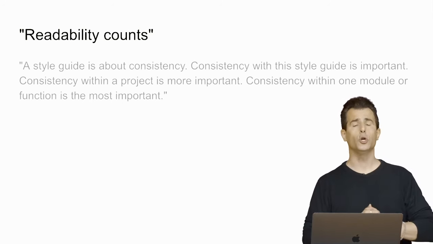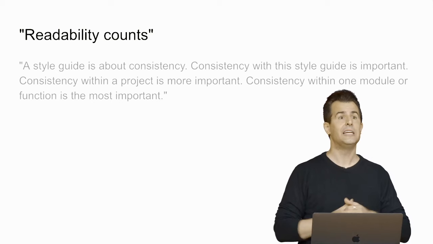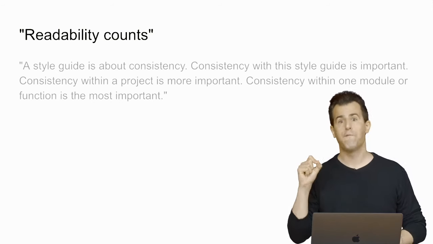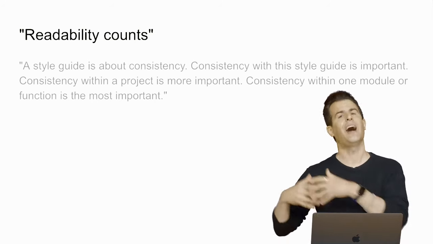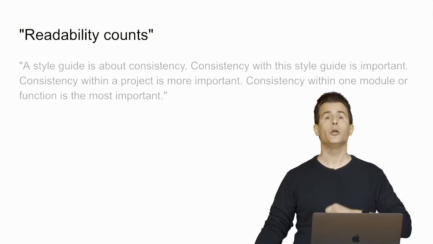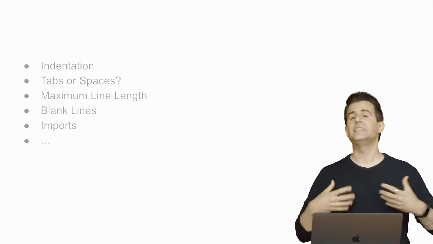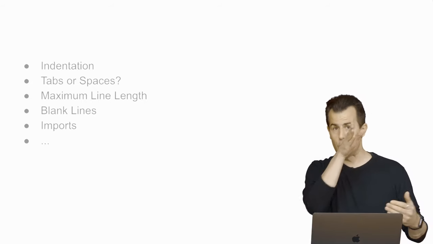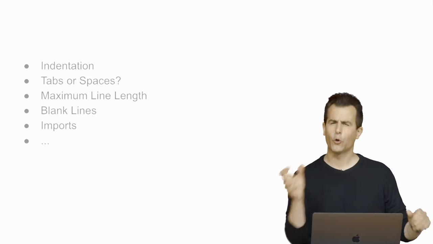And ultimately, quote unquote, a style guide is about consistency. Consistency with this style guide, in the context of Python, is important. Consistency within a project is more important. And consistency within one module or function is the most important. So these aren't necessarily hard and fast rules, but rather guidelines that should guide the design of your own code. Now, how do you go about styling your code well? Well, it boils down to things like this and many more. Indentation, using consistent indentation. Now, in some languages, it doesn't strictly have to be there when you indent one line of code under another. Or it could be one space or two spaces, three spaces or four, maybe even 8 or an actual tab.